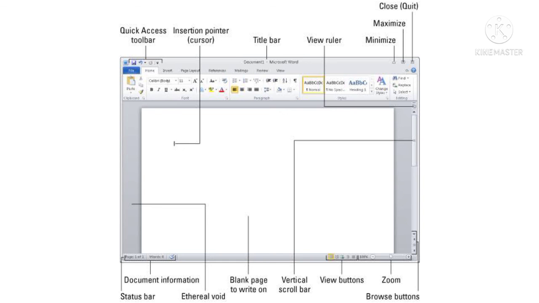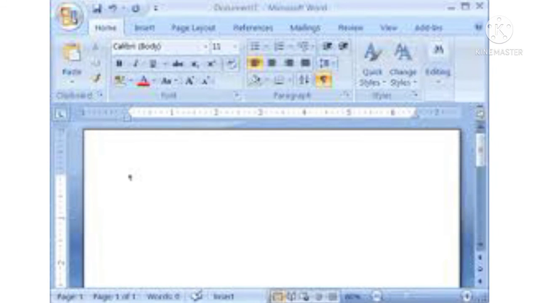Horizontal scroll bar is used for shifting the screen display left or right. Quick access toolbar helps to directly save, undo or redo changes in the Word file while working on it. Status bar displays information about the current cursor position. Title bar displays the name of the program and the active document.